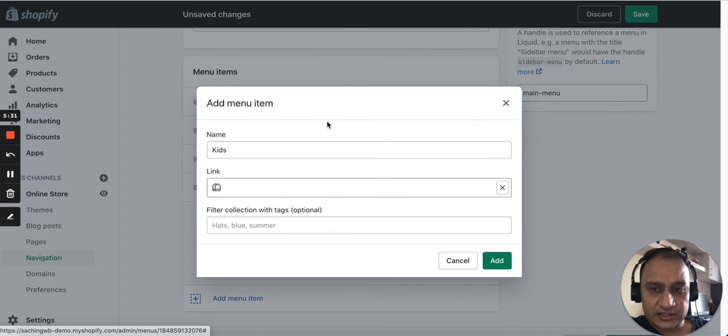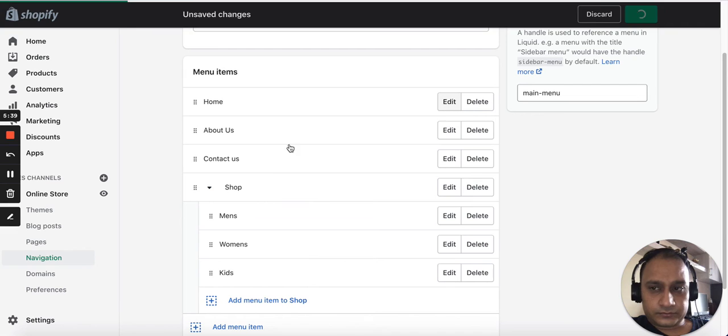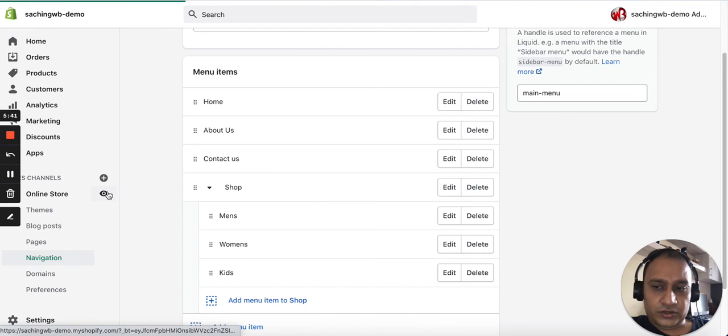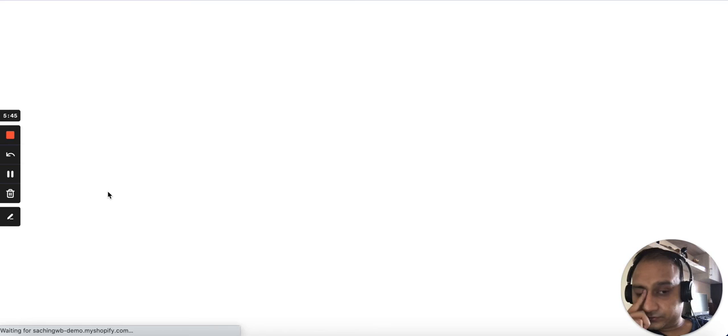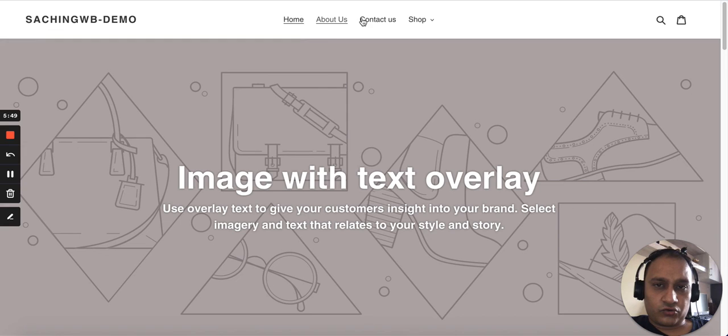I search kids and add into the drop down. Now you can hit save and you can check the live store from here. So you see home, about us, contact us, and under shop you have men's, women's and kids.